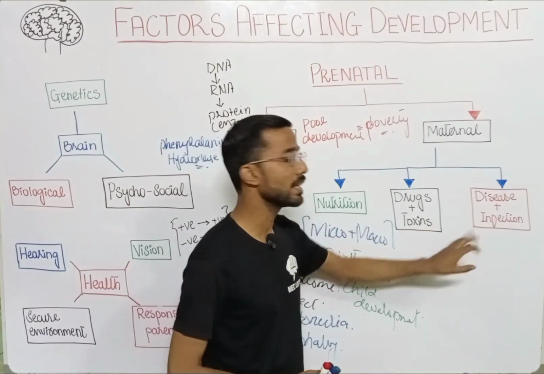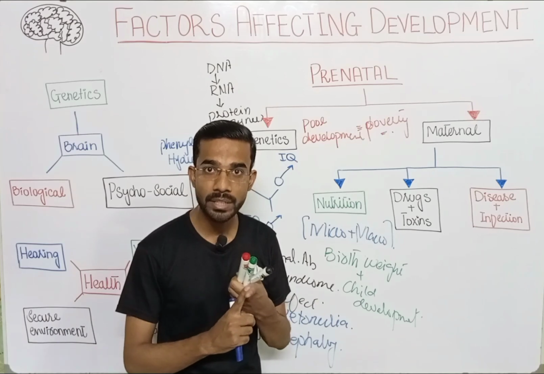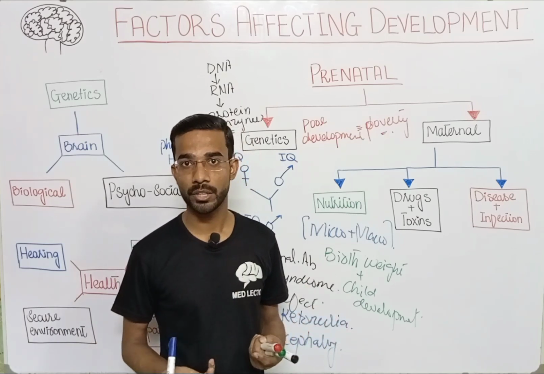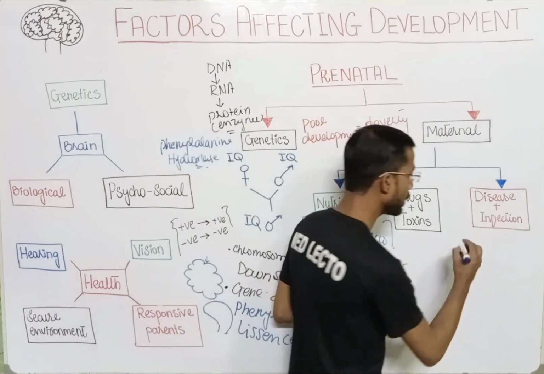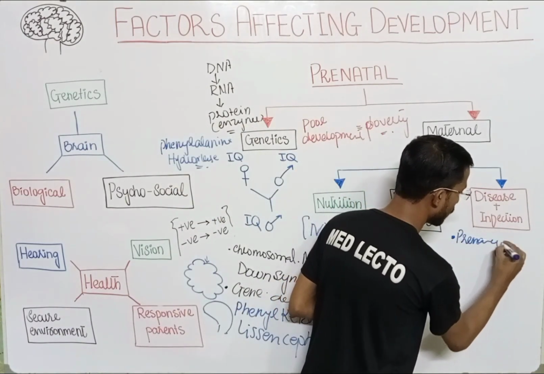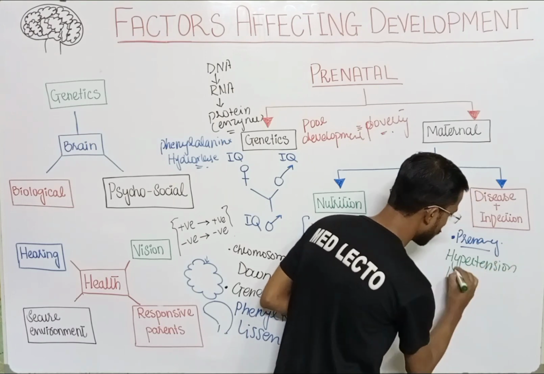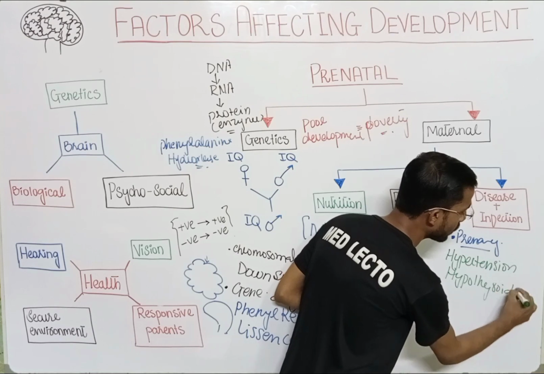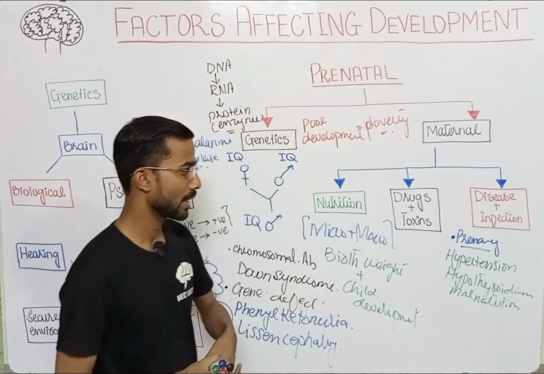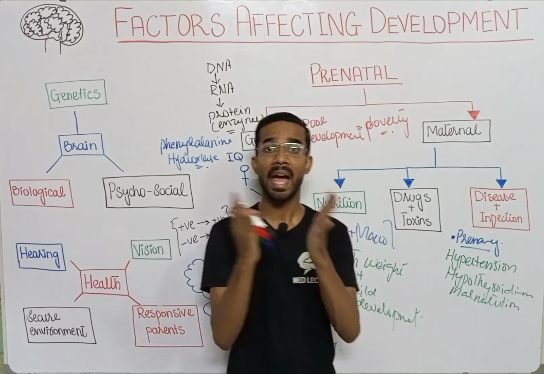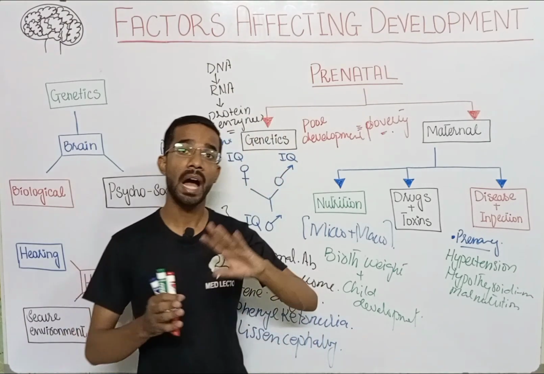Okay. Next are disease and infection. In pregnancy you will see different situations like hypertension, hypothyroidism, and malnutrition, because the child also requires nutrients. Mother and child both require nutrients, so in that situation, nutrient requirement will be enhanced. Hypertension can also be seen in the form of eclampsia and pre-eclampsia. In pre-eclampsia you will see just the hypertension, but in eclampsia you will see hypertension along with